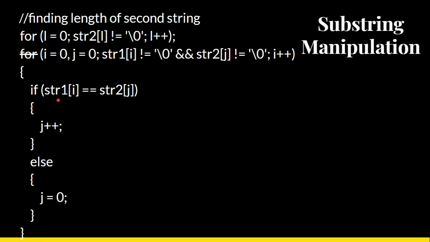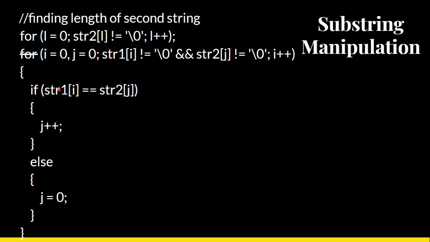So as we've seen in the example, when I say how are you is the main string, this is string 1, and R is the second string. So initially there is no match between how and R. After how is over, then it matches with the R: A-R-E in the first string and A-R in the second string. That is what the checking is over here.